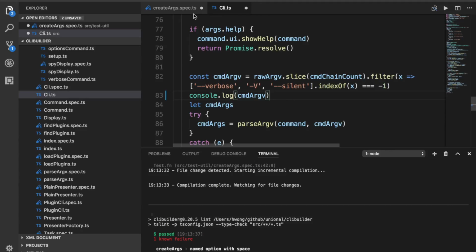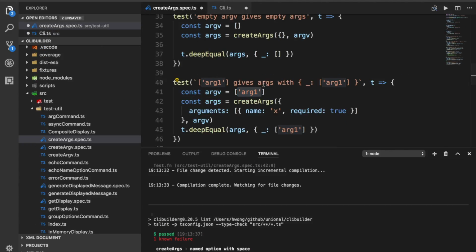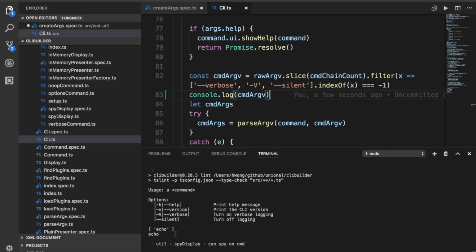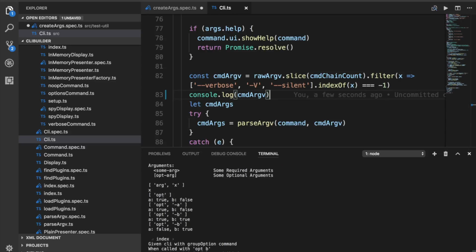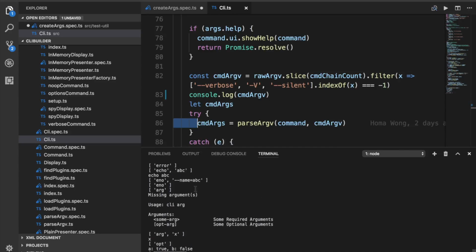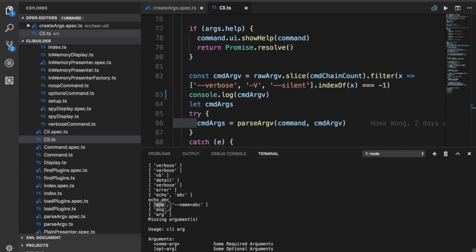So what I'm going to do is just do that, save it, and see what I get. The eval will print all those out. So you can see that it is actually not having it. So when this command is passed into the parse argument, it doesn't have the command name. Okay, these are actual option arguments. You can see that, right? And this is, say, the verbose. It doesn't have any of the